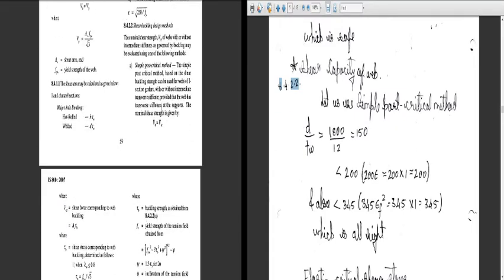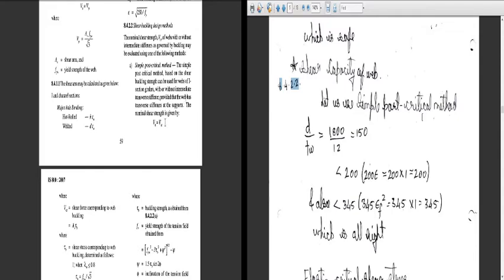method. If in the question they ask that design for tension field, then we are designing it for tension field method. Now let us see what all is there in simple post critical method. The simple post critical method based on shear buckling strength can be used for webs of I section girders with or without intermediate transverse stiffeners, provided that the web has a transverse stiffener at the support. So you can clearly see here that this can be used with or without intermediate stiffeners.